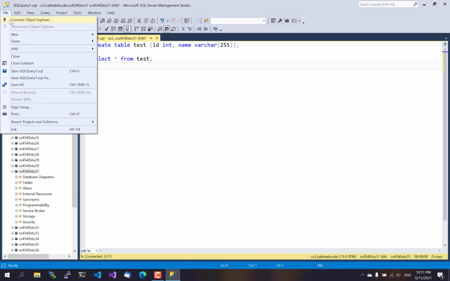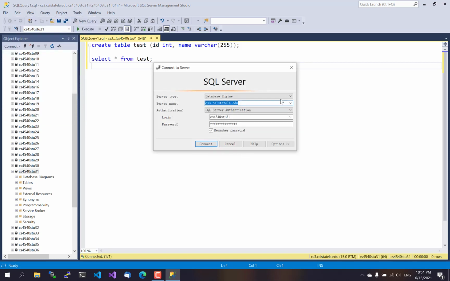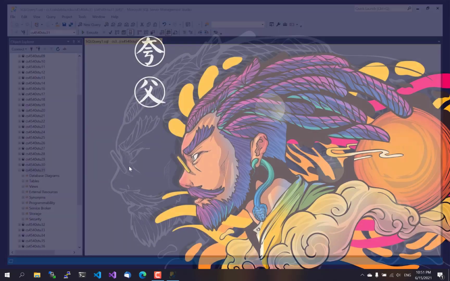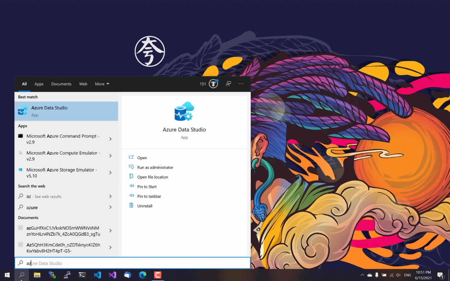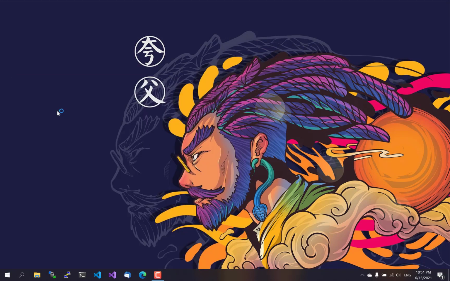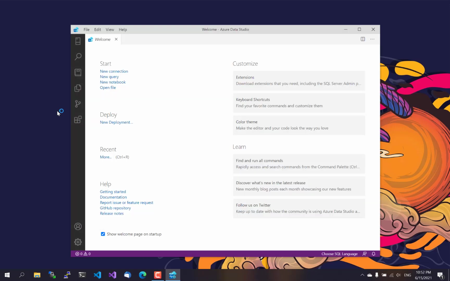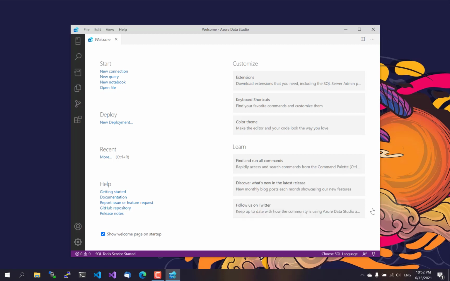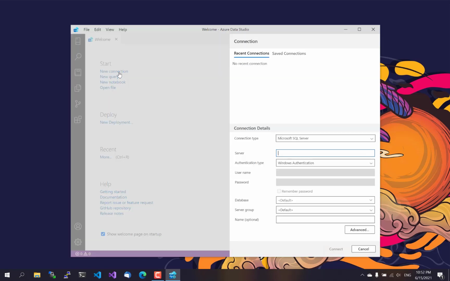So this is for SQL Server Management Studio, and let me see if I... Yes, I did install Azure Data Studio on this computer too. So let's try the same thing here. And here we'll start with a new connection. And the connection type is Microsoft SQL Server. And the server is at